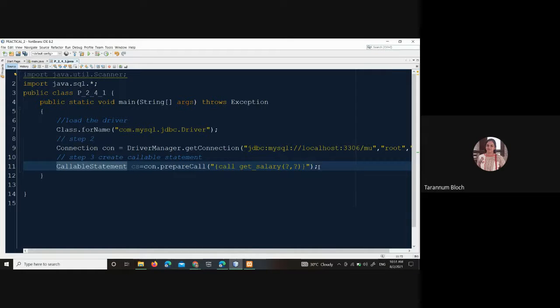And we have the two parameters, that is in and out. So first, the input parameter: you have to ask which employee salary you want. So we'll take the input from the keyboard.